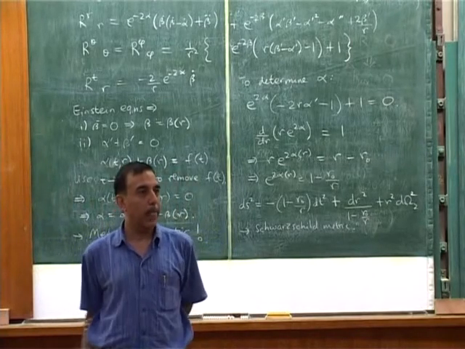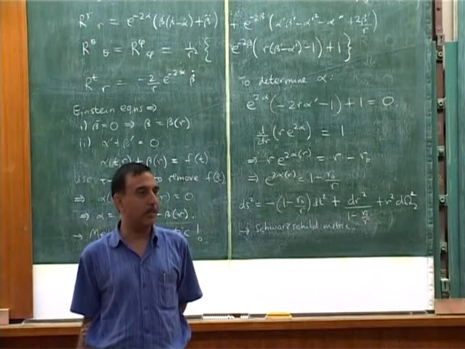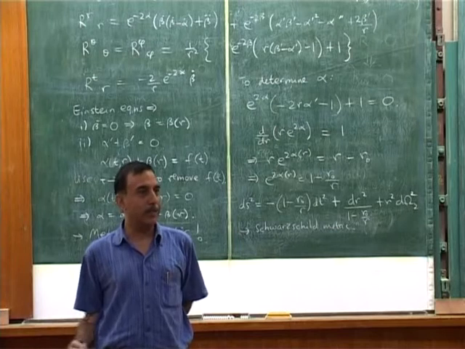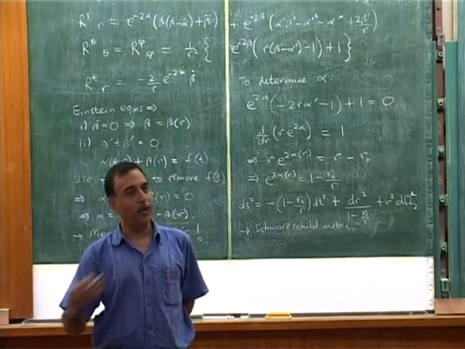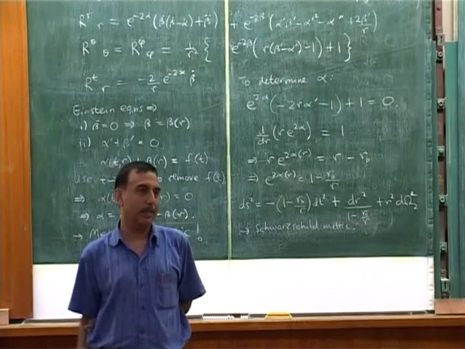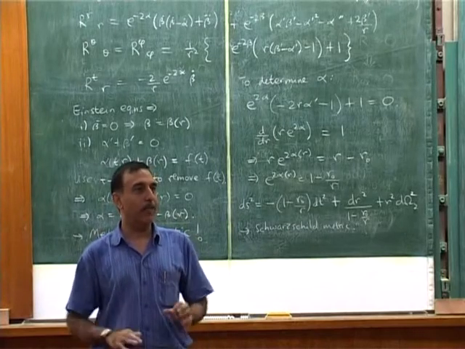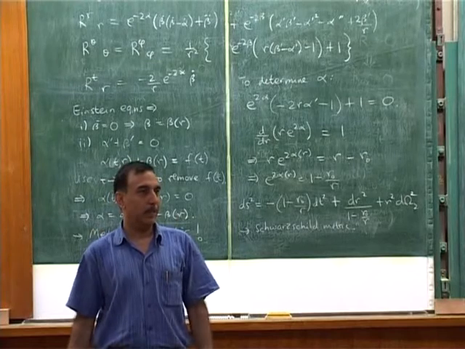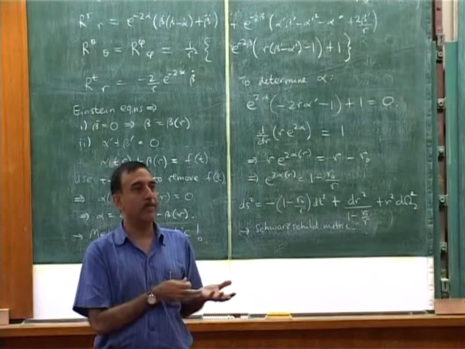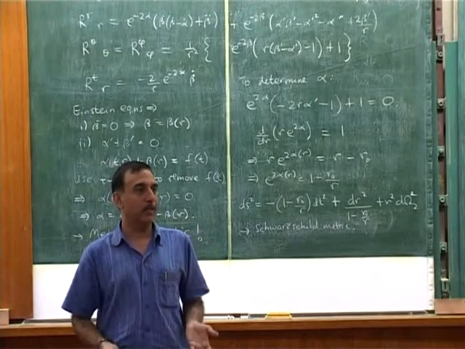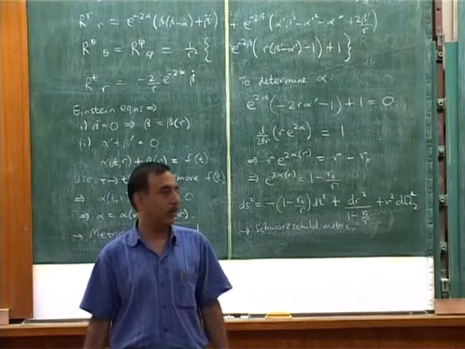Isn't this staticity that we have got a consequence of spherical symmetry? No. It's a consequence of spherical symmetry and Einstein's equation. Therefore, if you didn't have one or you didn't have the other, then you wouldn't have the result. It's a consequence of two things, not of any one of them alone. There are solutions of Einstein's equation which are not static and not spherically symmetric. There are spherically symmetric metrics which are not static, but then they don't solve Einstein's equation. Not a consequence of symmetry alone.